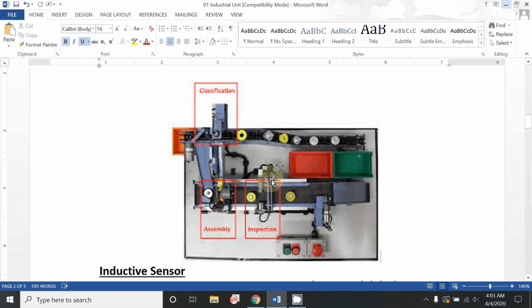And the third and last area is called the inspection area, where again two or three sensors are installed, and which verify whether our required, desired assembly is achieved or not. If achieved, they pass it through the conveyor belt, and if not, they simply reject it by activating this solenoid valve and into this red trash area. Okay,